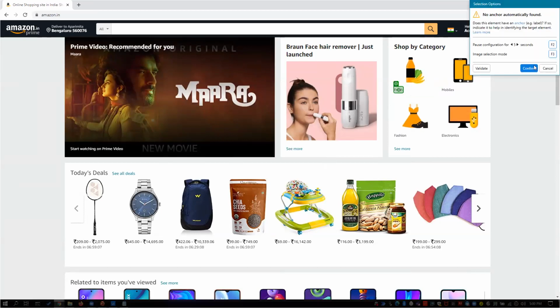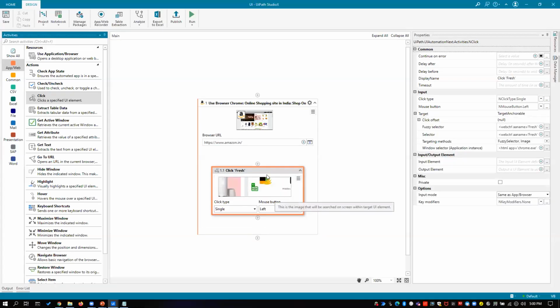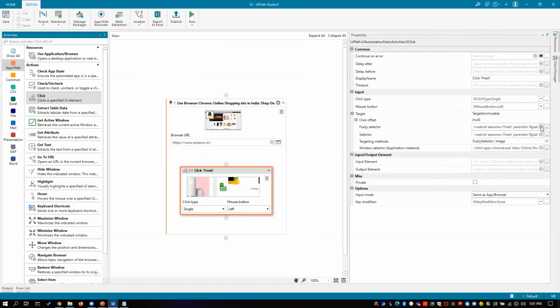Okay, so this indicated whatever needs to be done. Now, if you see the selector properties, however it is being defined, there are basically fuzzy selectors. You can go to this target section and start exploring. Okay, this is my fuzzy selector, or let's say this is my selector, which is coming from these properties of anchor and all. So how do I pass some dynamic value?